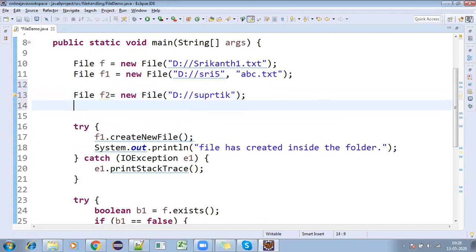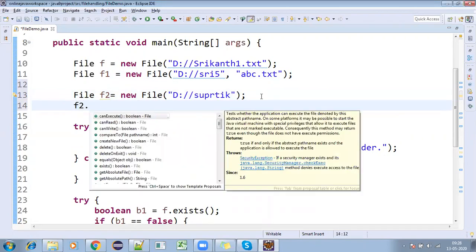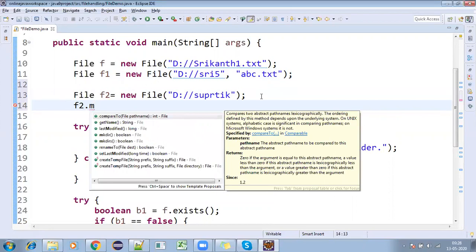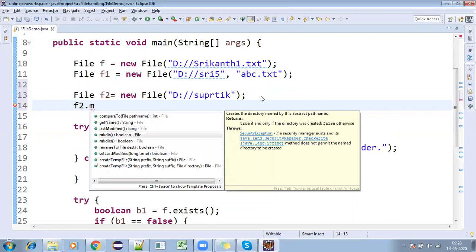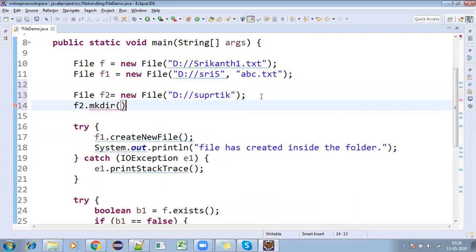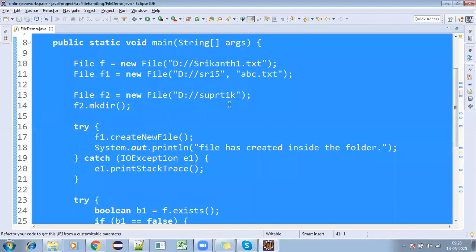Now I'm saying f2 dot, there is a method called mkdir. Mkdir is nothing but make directory, so it will create the directory for me.